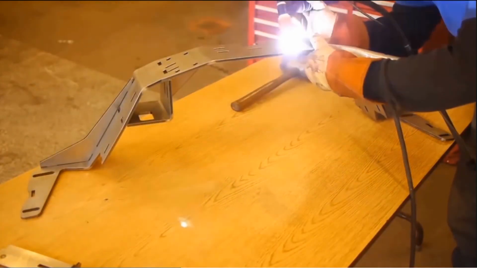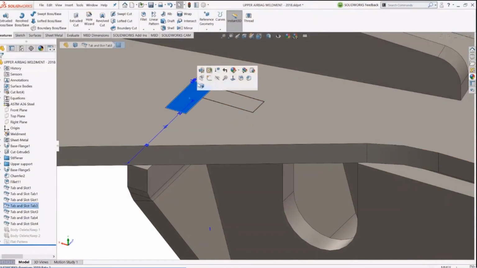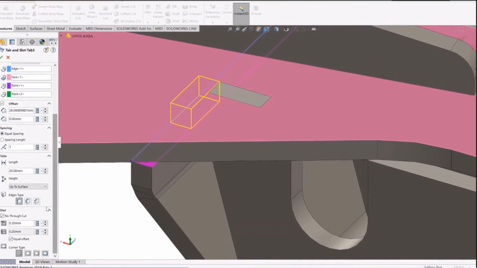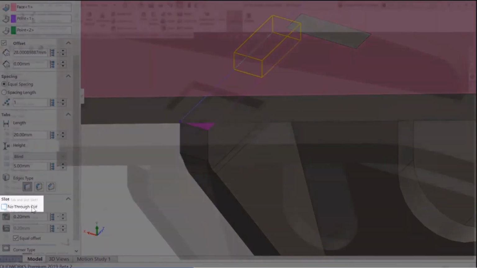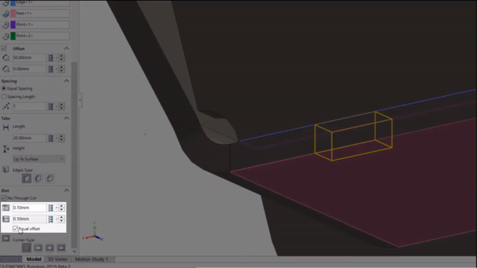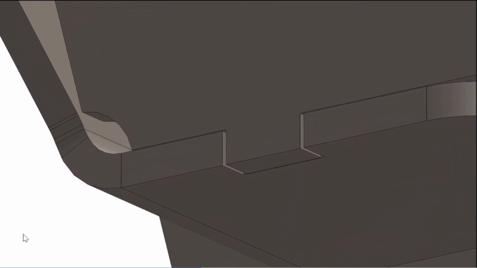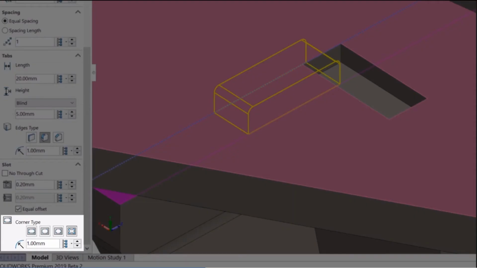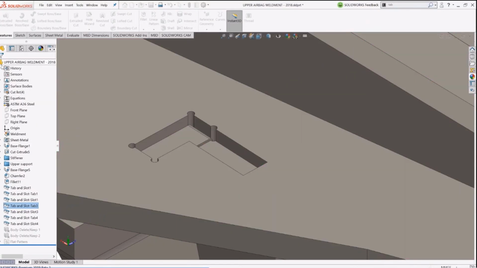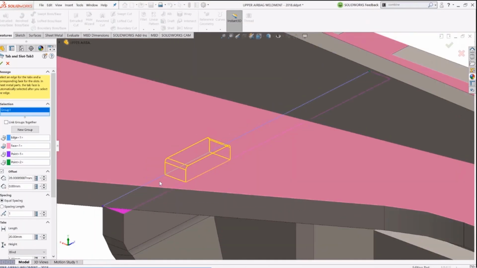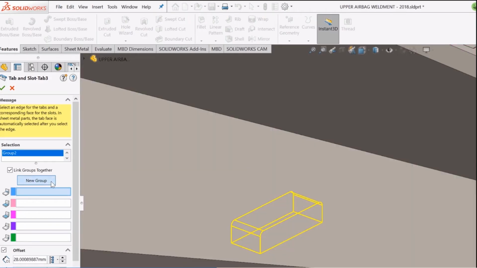For example, welding tabs into slots is quite common using a through-all cut, but a half-thickness tab. We now support this with the no through cut option. Unequal offsets for slots allows me to design in the flexibility of matching tolerances from different directions. Corner options allow for more manufacturing flexibility. For example, it's easier to laser cut a round instead of a sharp corner. The link group options means that I can consolidate design intent in one place for all tabs and slots that